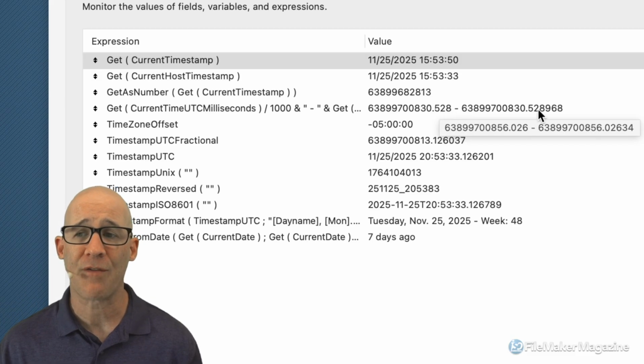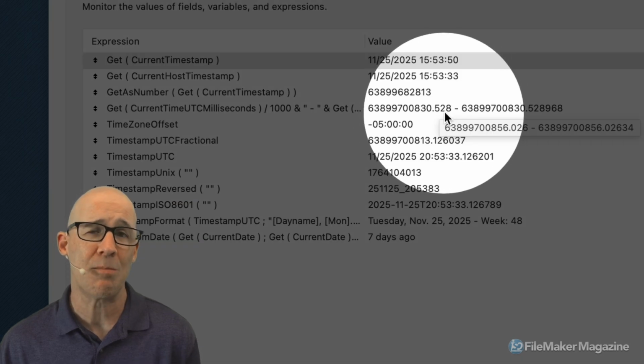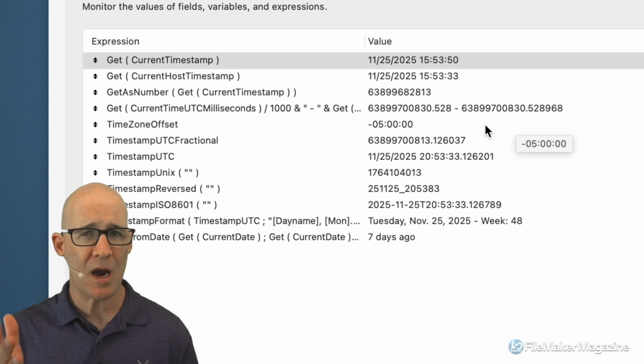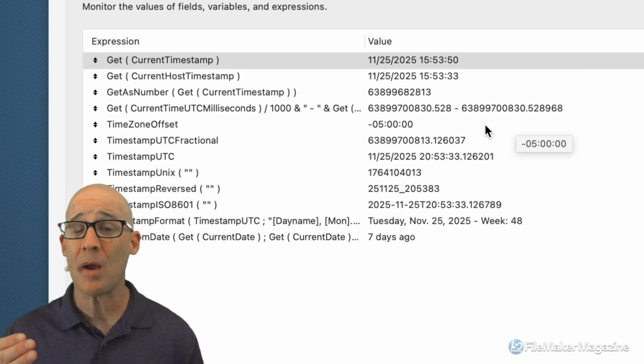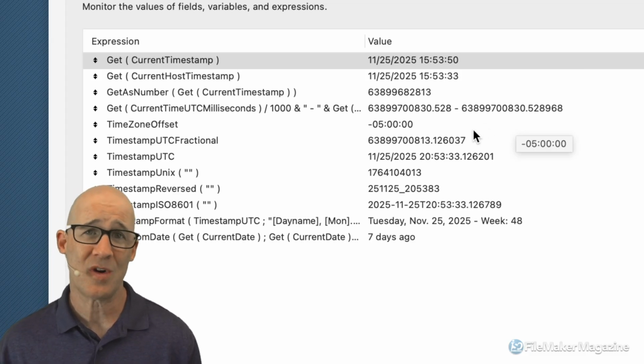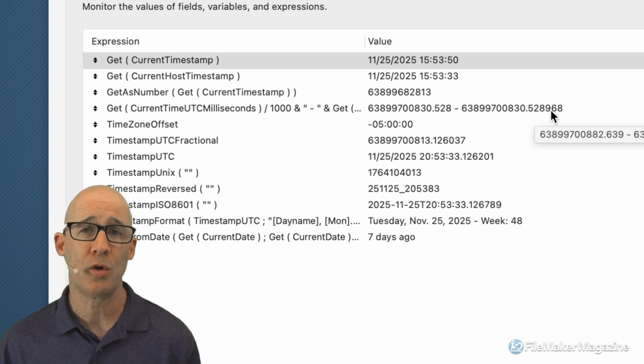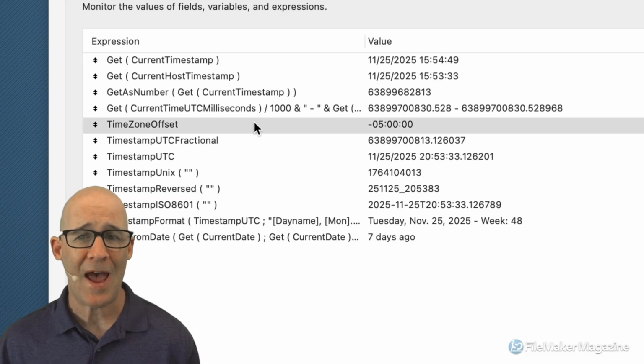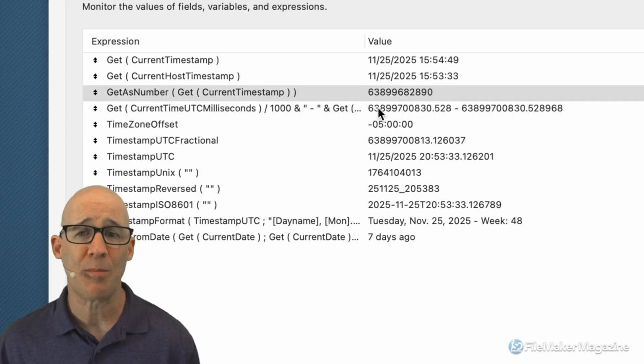Because of that, you need that fractional value. Now, whether you need milliseconds or a microsecond difference really doesn't matter. But if we're developing a modern FileMaker system, we're going to take advantage and include that fractional value of the microseconds, because we can always chop it off. So if we take a look at this number, we can see that the number is exactly the same,